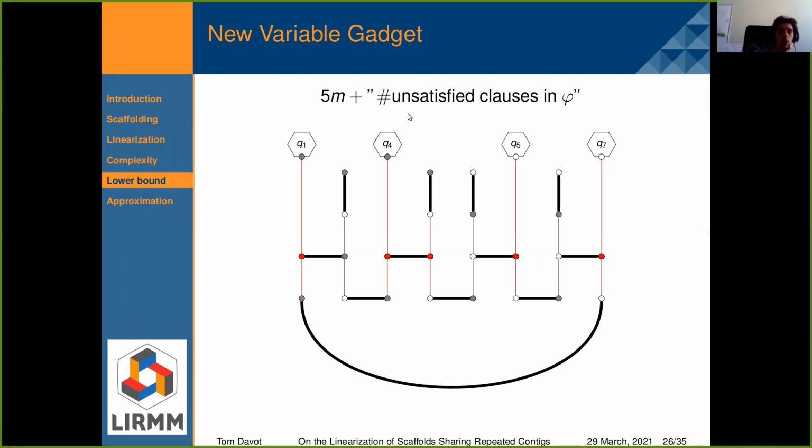But for that, we have to change the variable gadget because, for example, if I have a variable gadget of a variable that occurs 2 times positively and 2 times negatively in my formula, if I add just 1 cut in this gadget, then I can satisfy every clause where the variable occurs.